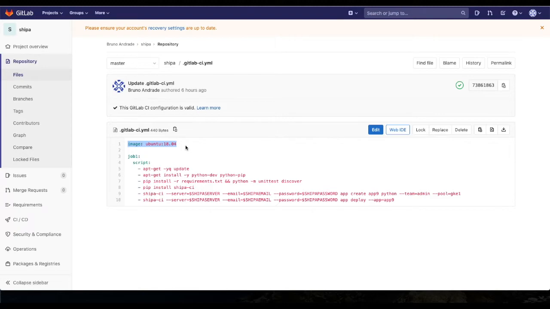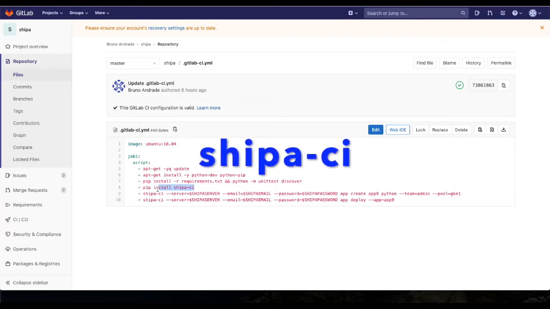It's pulling up an image from Ubuntu 18. I'm just running some updates into the system. I'm installing Python pip. And here comes the part that is important for Shipa and GitLab to be able to integrate. I'm running pip install shipa-ci, which is Shipa's component responsible for integrating GitLab and your CI tools to